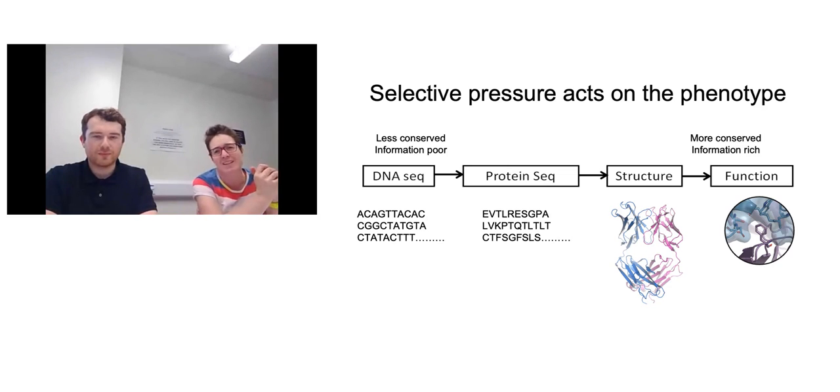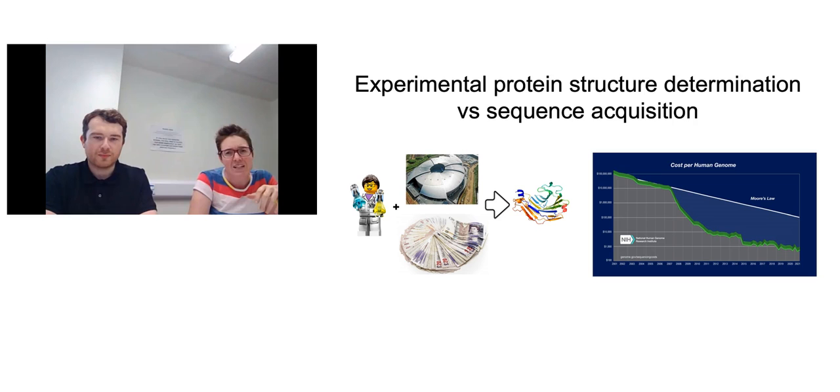But unfortunately, there's a big issue there. One of the reasons why we spend a lot of time thinking about sequence space rather than structural space is that it's really expensive to get a protein structure. So I would love it if every time I was thinking about a particular antibody or a TCR or a nanobody, or in fact any protein, someone would just solve the structure of it for me.